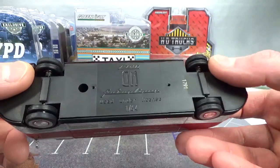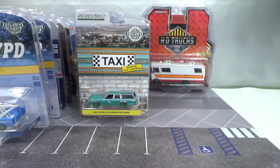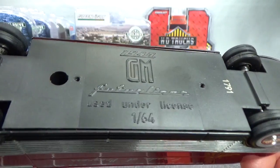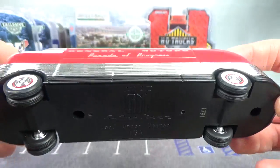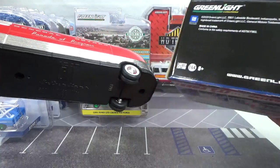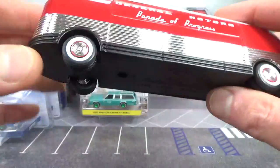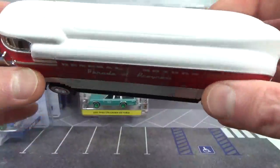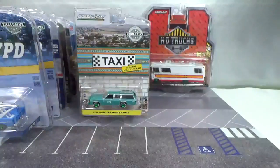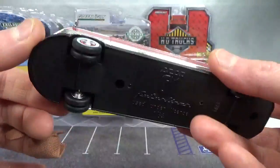So, wow, this has double wheels in the front too. I didn't see that coming. It's got a plastic base, 1940 GM Futureliner. Yeah, that's really cool. I think this is a 2021 release. Does it say 2020 copyright? Very heavy piece, so the red part is definitely metal. Then the white part too, metal too, and then this chrome piece is probably plastic together with the plastic base,